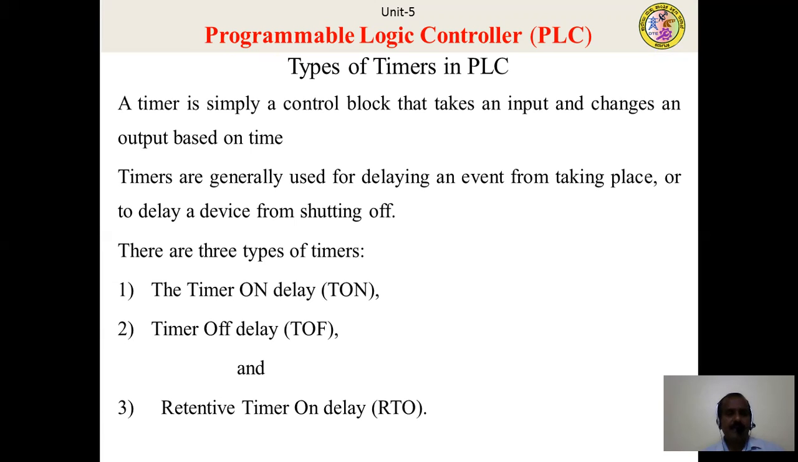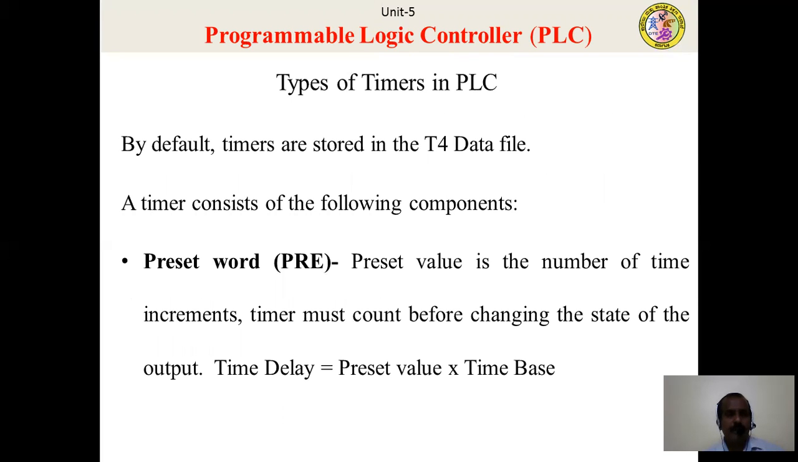There are three types of timers: timer on delay, TON, timer off delay, TOF, and retentive timer on delay, RTO. By default, timers are stored in the T4 data file. A timer mainly consists of the following components: